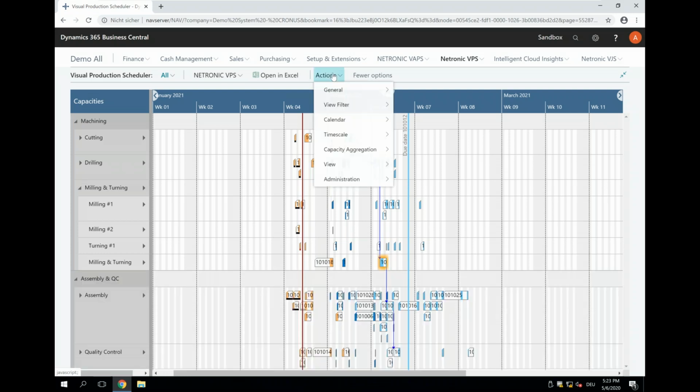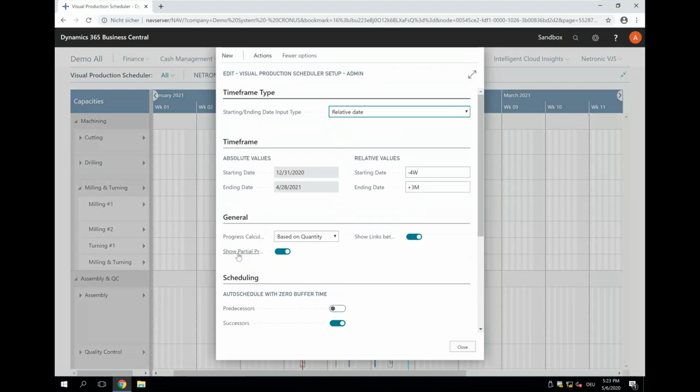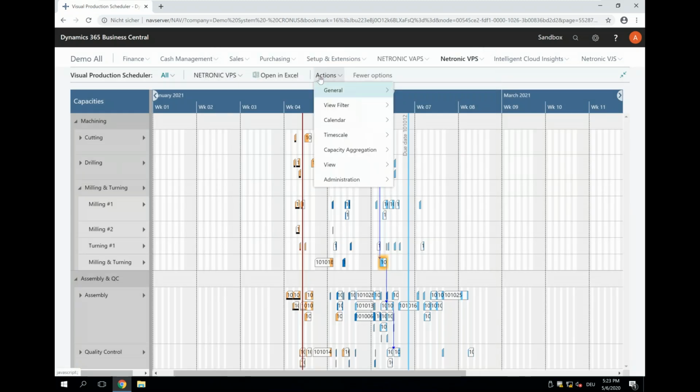Then individualize my VPS in a way that I say, hey, this option that I see, partial production order, this makes no sense. I always want to see the full production order. So if I disable this, so that I only see the full production order, and apply the filter again, and again, there was a 1-hour webinar on this. If I enable the filter again,